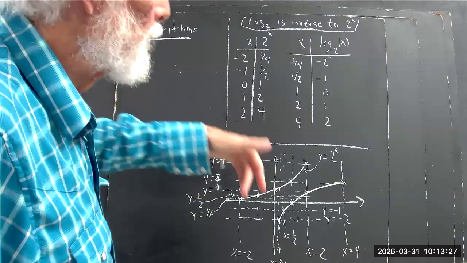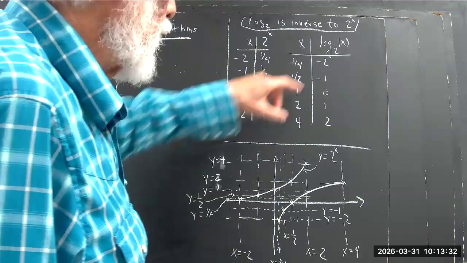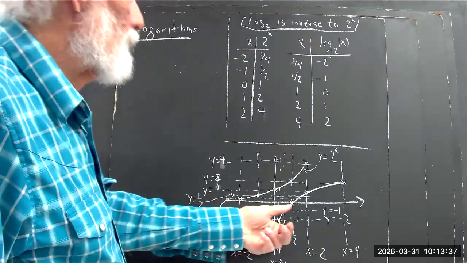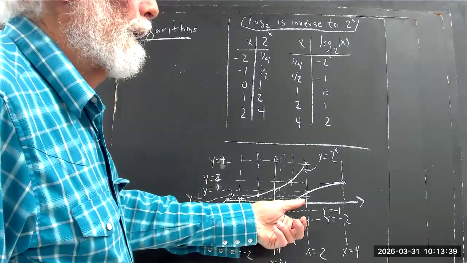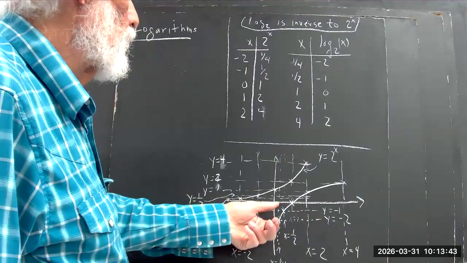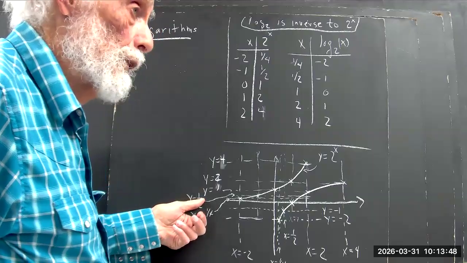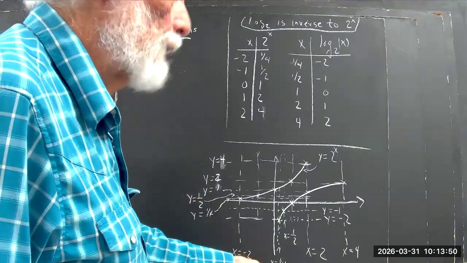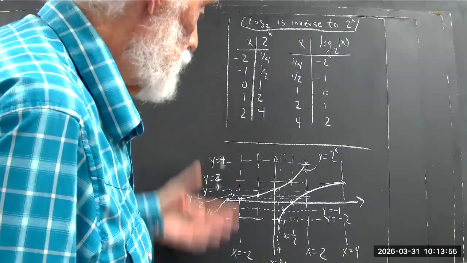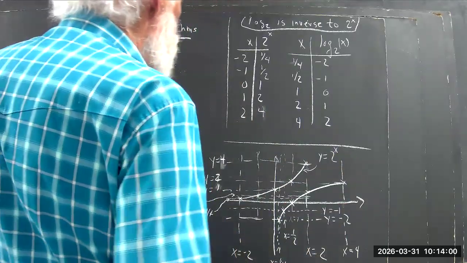Now, when you switch x and y to get the log function, the asymptote of the log function will be at the negative y-axis, because if the horizontal asymptote of the 2 to the x function is at the negative x-axis, then when you switch x and y, you're going to have an asymptote at the negative y-axis. Now, if you can see that, that's great. If you can't see it, understand it, that as you,